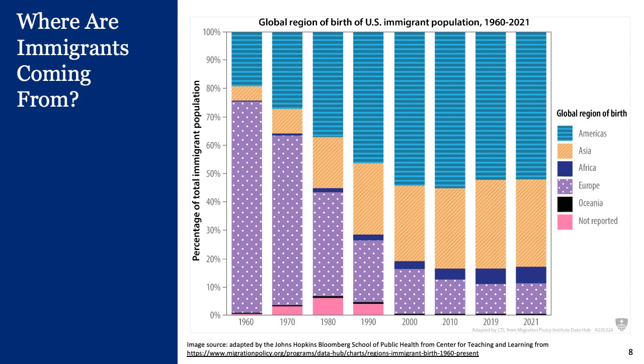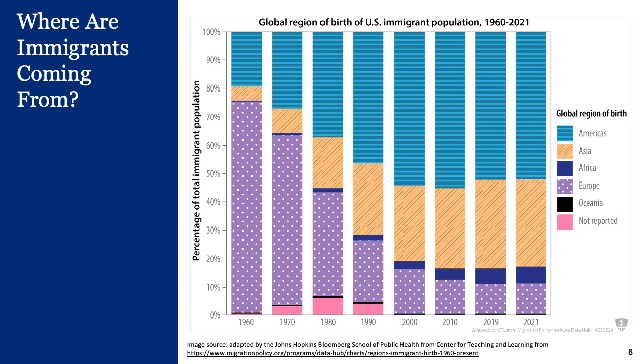So where are immigrants coming from? This figure shows the immigrant population in the United States between 1960 and 2021 by region of birth. Here, we can see a major shift in origins, from mostly European to predominantly Latin American and Asian, and more recently, African countries. This shift has occurred as a result of significant changes in U.S. immigration and refugee laws, the growing U.S. economic and military presence in Asia and Latin America, and economic transformations and political instability in key sending countries.